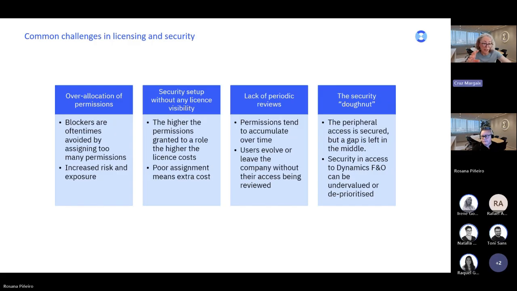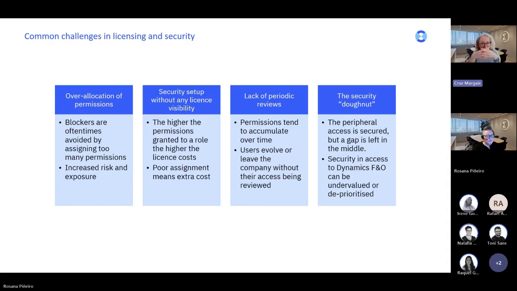And finally, we've got this concept of the security audit. The security donut is what we use to describe this situation that we find in some customers where they're very conscious about the security risks and they make sure their systems are protected with firewalls and all the security tools.